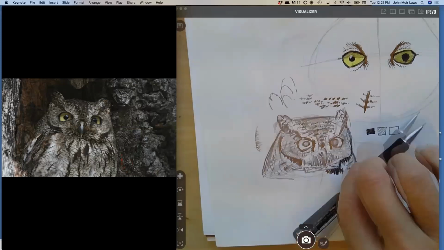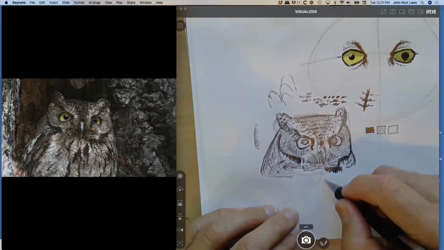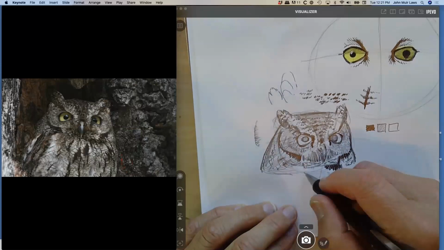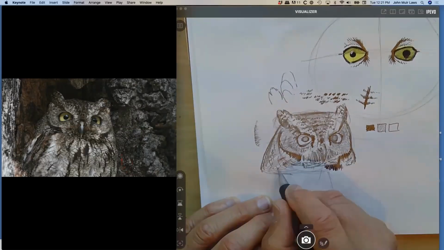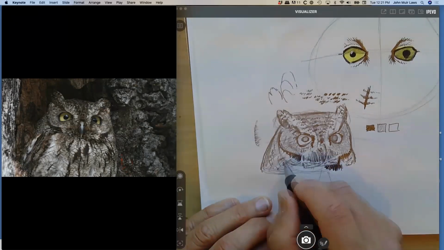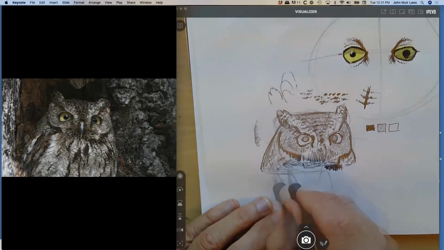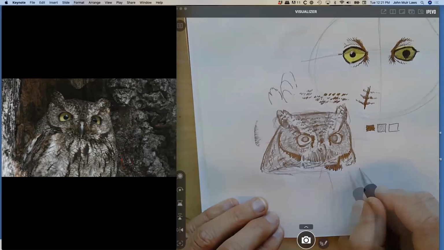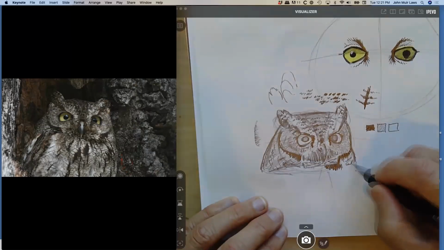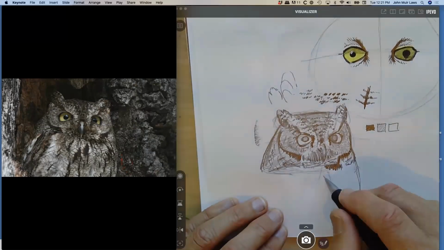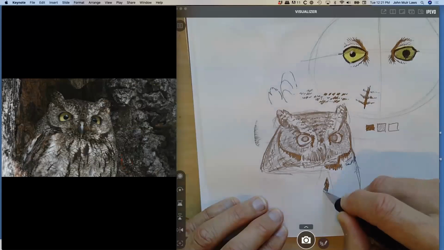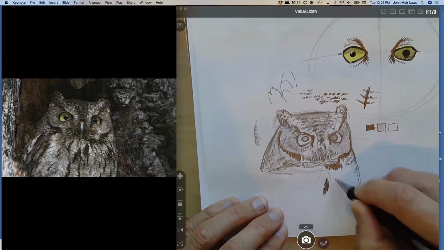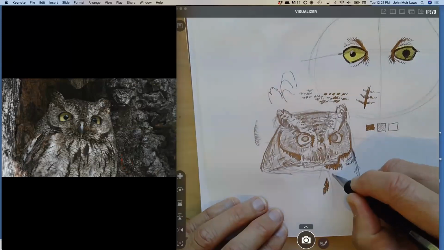So if this is the center line of the tummy of my bird, let's see, we got that owl, and then come on here. I'm going to put in some of these marks. And again, I'm intentionally